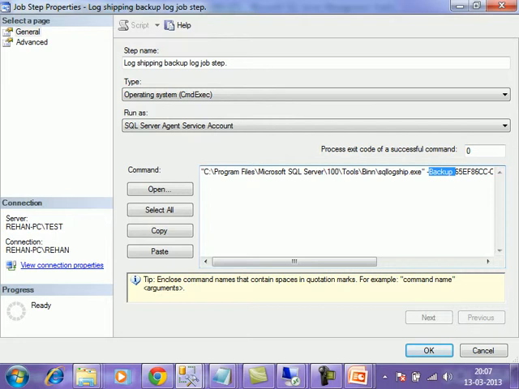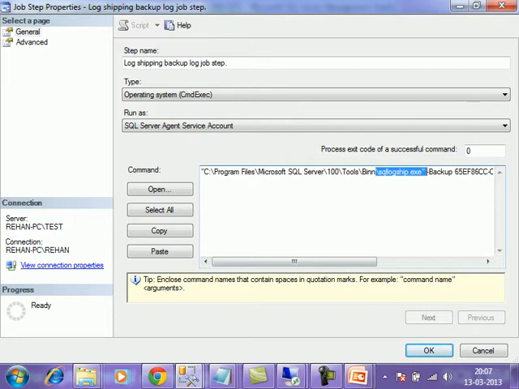That's why they generally ask, can you create these jobs manually? If you say yes, what command will you write, backup database or backup log? There is no backup log command and no backup database command. All these jobs are calling one exe file, SQLLogShip.exe.